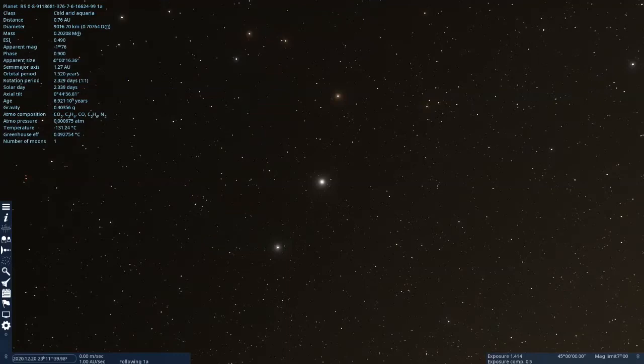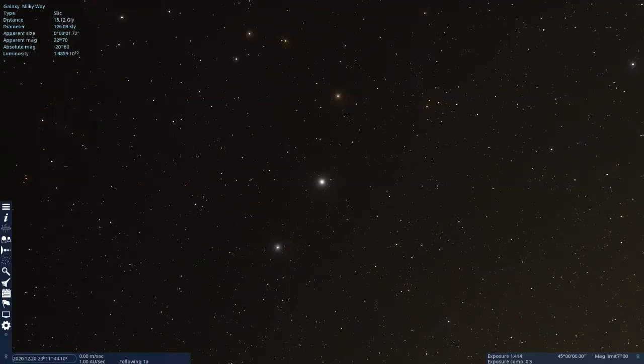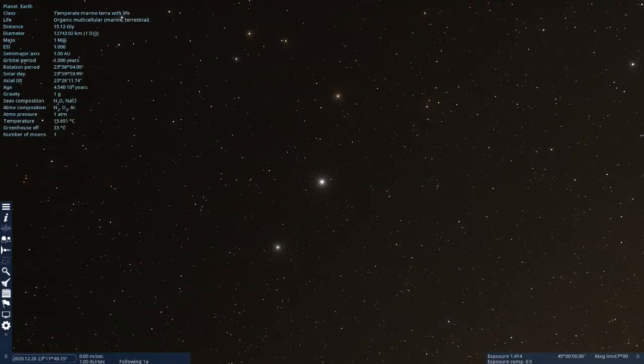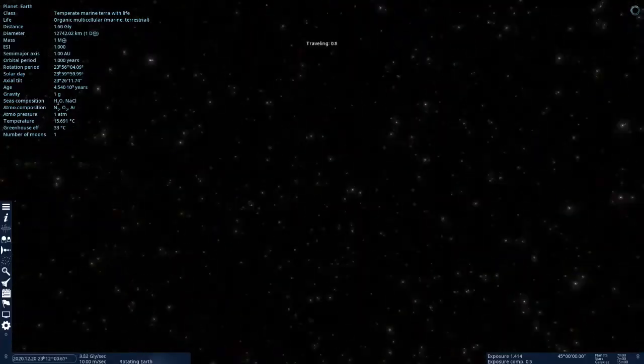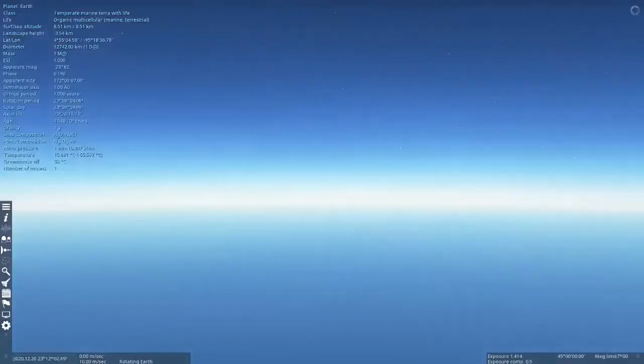Earth is that way. And how far is Earth? Let me lock onto Earth here and figure out how far away it is. It's 15 billion light years away. We're almost at the edge of the observable universe, depending on how you measure it. There's a couple tricks to that, but rather than take the time to pilot home, let's go home by automated means. So now there we are already.